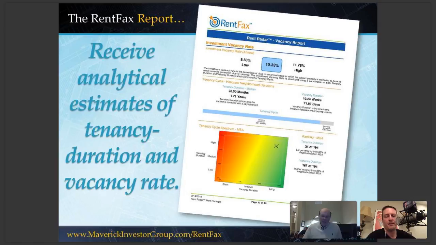Because vacancy is a snapshot in time, and it's only good for 1 second, because as soon as that snapshot changes, then the vacancy rate changes, and it can have a big impact. What we looked at was how long did tenants stay, and how long was the property vacant for a total window,